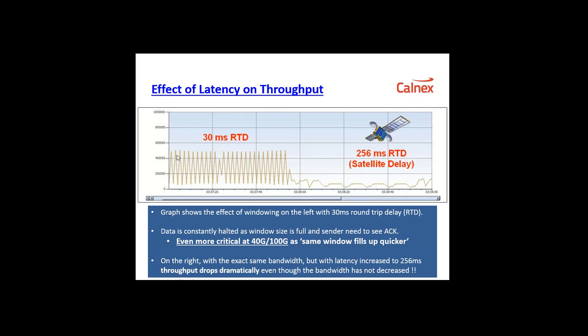Now, one of the things to bear in mind is that this windowing technique, or the window becoming full, and then the data going out not being sent, could become even more critical at higher speeds, because the same window size obviously fills up a lot quicker with data. So if you don't set up the network or equipment correctly, you could exceed the TCP windowing size at much lower latencies. And on the right, you see for a satellite link with 250 milliseconds of round-trip delay, TCP throughput can fall pretty significantly. Now, with high-speed networks and 40-100 gig networks, obviously high amounts of latency isn't the issue. You're not going to see very high latencies.